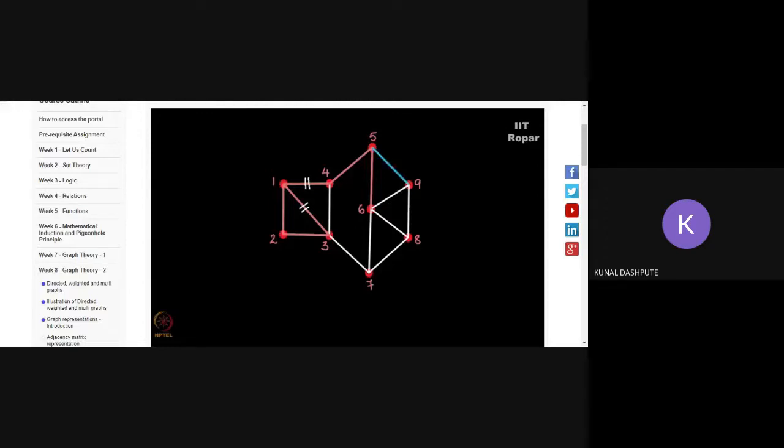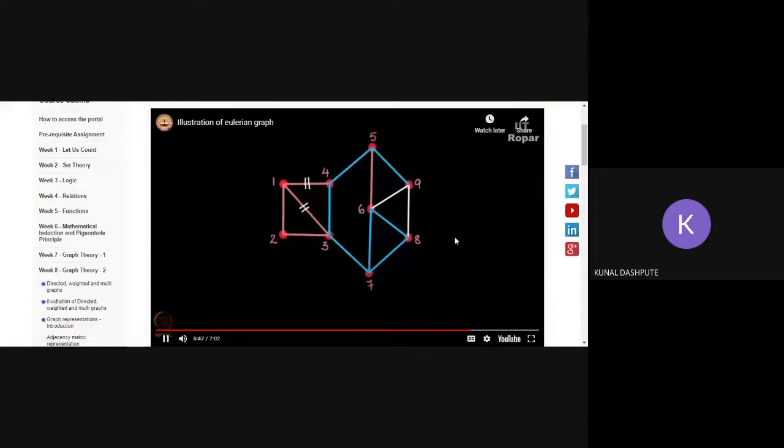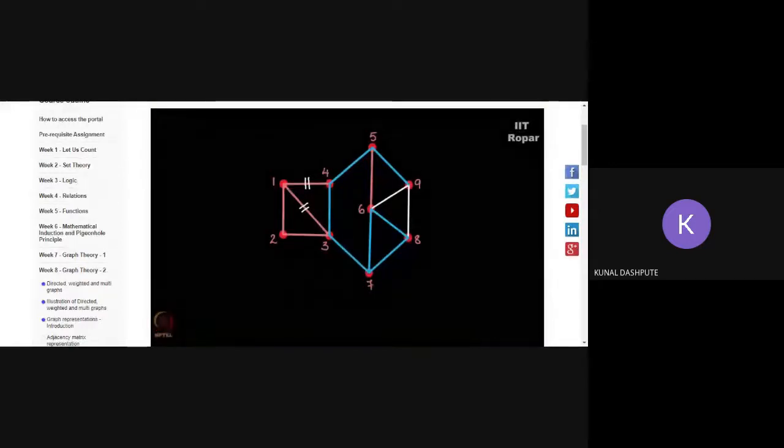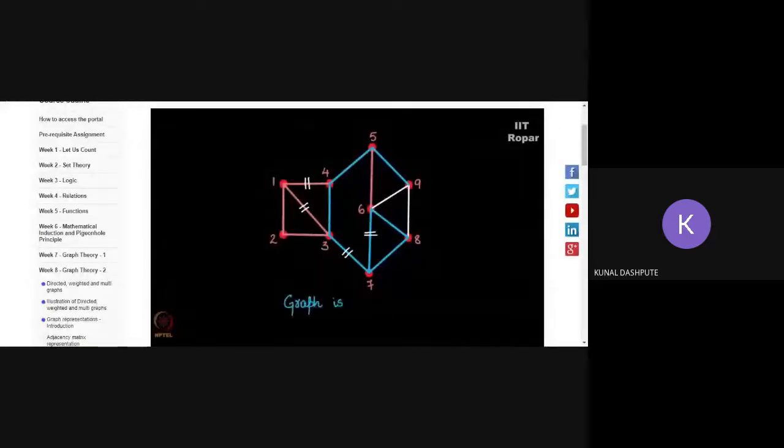9 to 5, 5 to 4, 4 to 3, 3 to 7, 7 to 6, 6 to 8, 8 to 7. You see again here, I have got stuck. I have to either go to 6 or to 3, which means I'll be repeating either of these edges. Again, not allowed. So we can conclude that this graph is not Eulerian. Though you need not check it for every such vertex, once you encounter such a situation, just for the first time, you can conclude that the graph is not Eulerian.